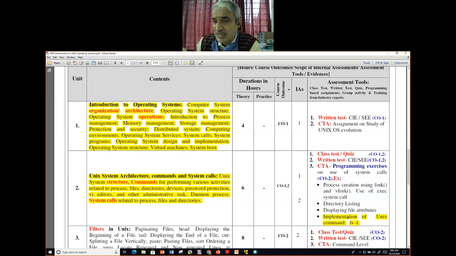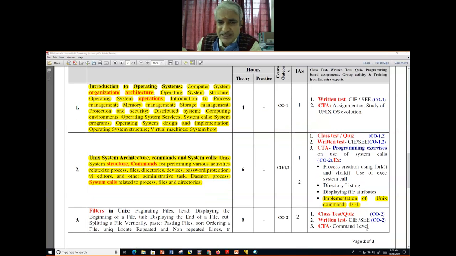In the syllabus, except for the implementation of Unix commands, the associated preparation like displaying file attributes and directory listing, these are all there for IA1. vfork, fork, exec, command line arguments, all these things are there for IA1. As part of IA2, we will extract the implementation of the LLS manager. We will take it for IA2, and then further we proceed.